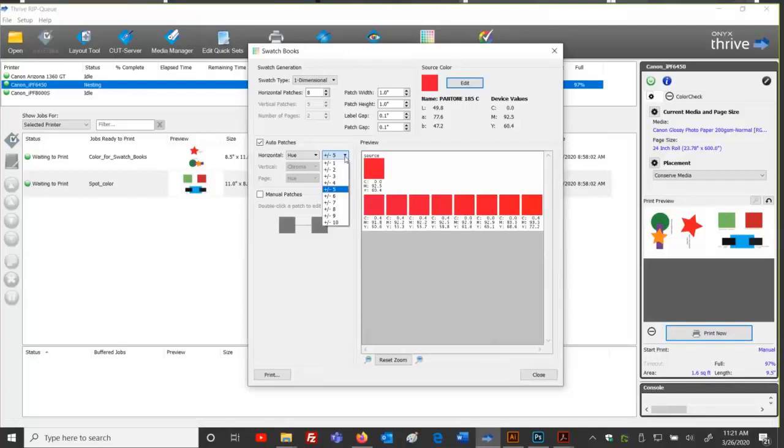How big of a change do I want to take place between all of these patches? Well, if I say 1, I'm only going to see a subtle change between these. If I see 5 or 6, I'm going to get a middle-of-the-road kind of change in here. And if I go to the maximum 10, I'll see bigger changes.